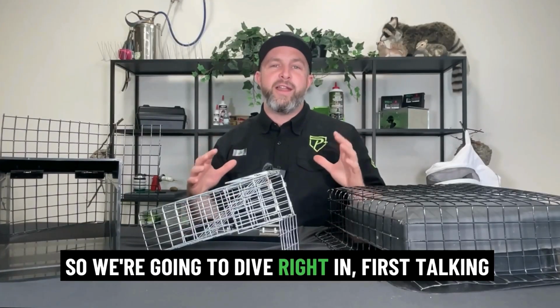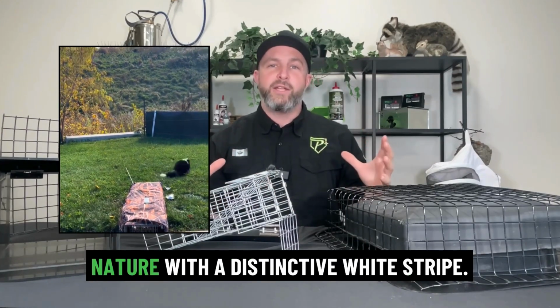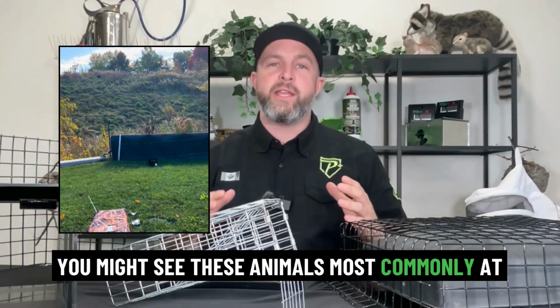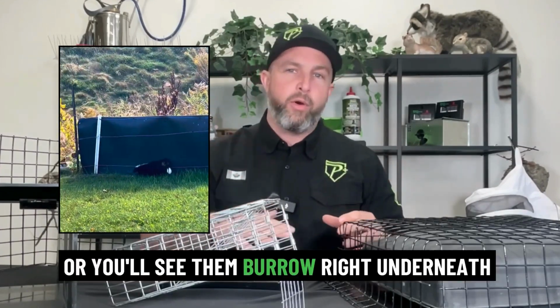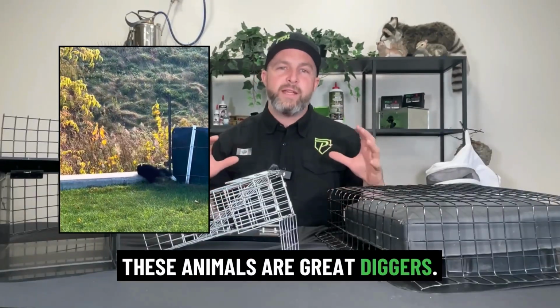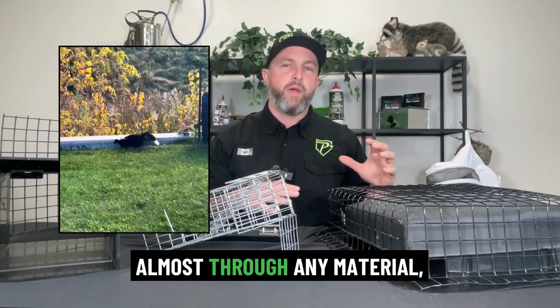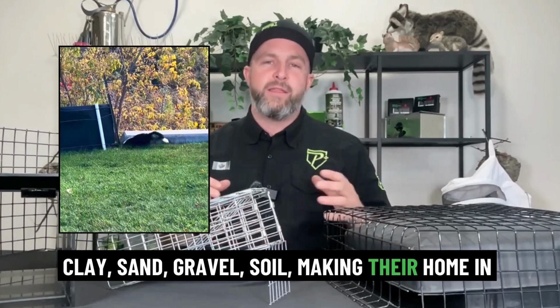So we're going to dive right in, first talking about the skunk. Now these animals are typically black in nature with a distinctive white stripe. You might see these animals most commonly at night. You'll wake up in the morning, your lawn is torn apart, or you'll see them burrow right underneath your deck, shed, or dwelling. These animals are great diggers. They have long, strong claws that can go almost through any material: clay, sand, gravel, soil, making their home in